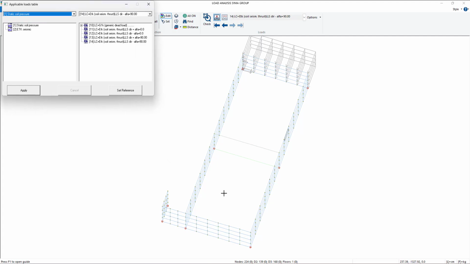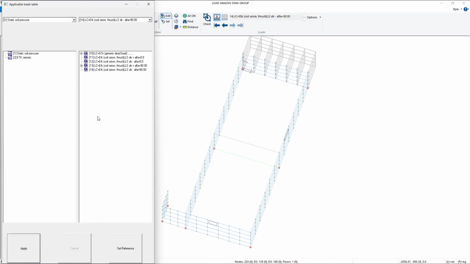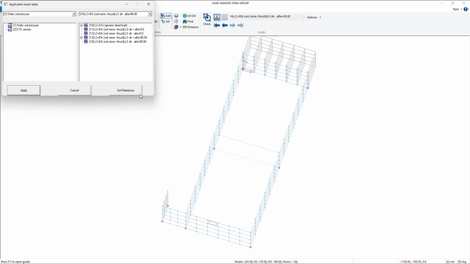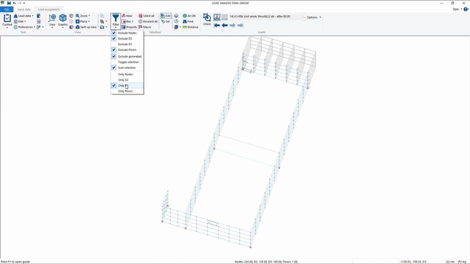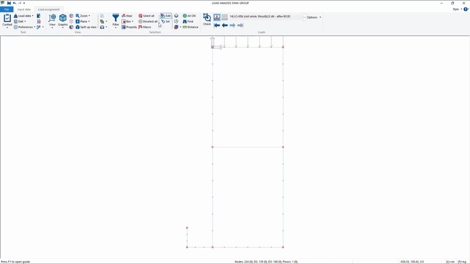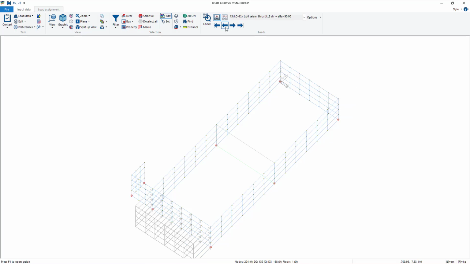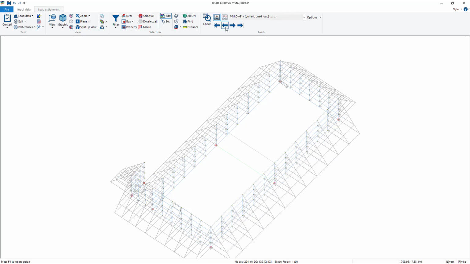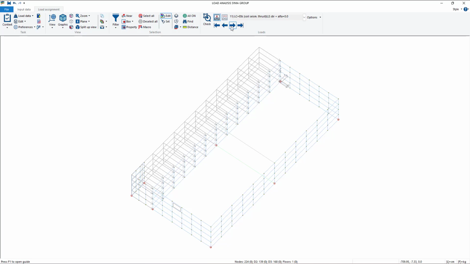And then, before checking, already doing this one. So this is the positive direction of the y, so alpha 90. Alpha 90 positive, apply, oh sorry, I had a double click. Apply, set reference, view from the top. Well, I forgot this part of the structure, but it's not important right now. Right click, assign reference. Okay, now I can check if everything is fine, and it seems so. Perfect.